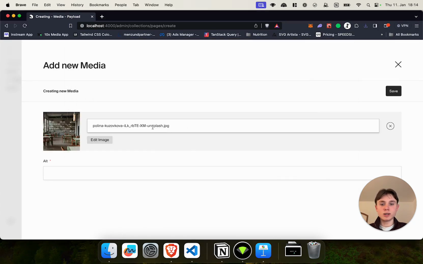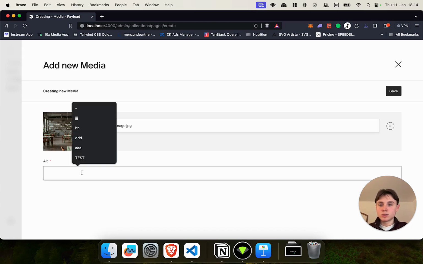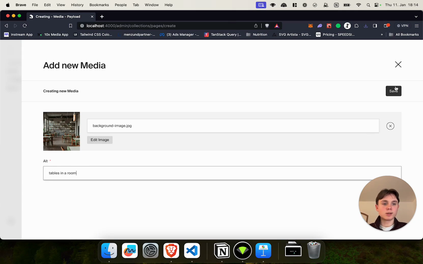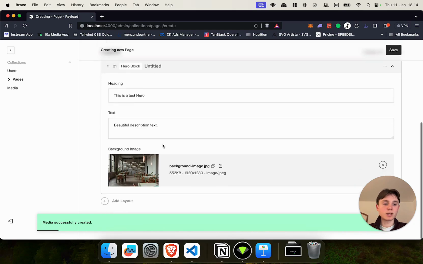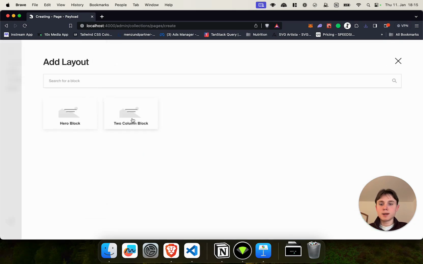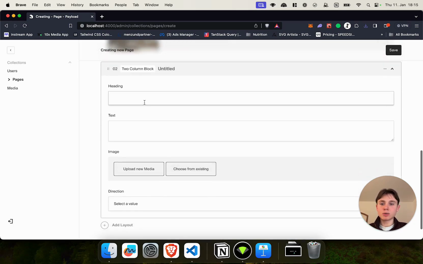I can also rename it if I want. So just going to call it background image, tables in a room as an alt text, click on save, that will upload the image and now it's added as a background image. And I'm also going to add our second block, which will be second 2column block as